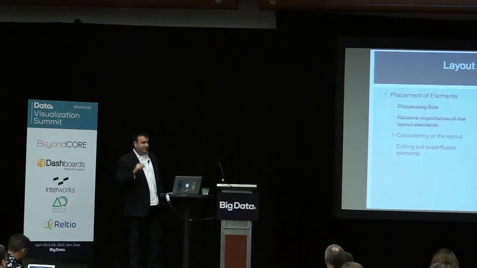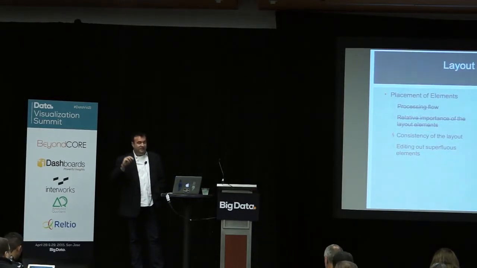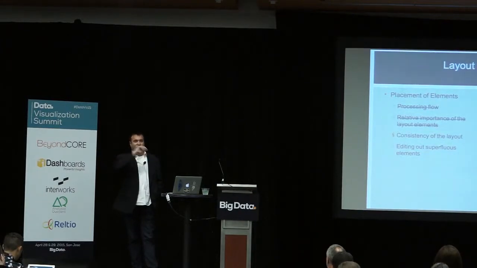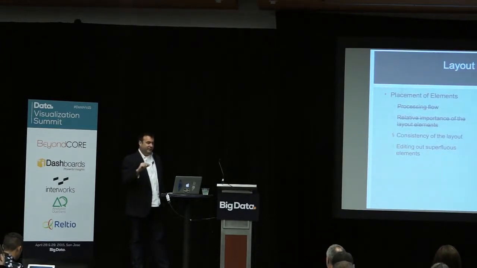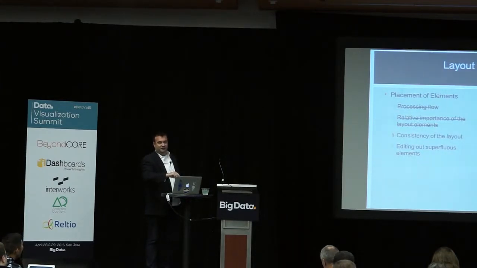So now let's look at the consistency of the layout. And here I'm using two different dashboards that are part of the overall dashboard. And there are some navigation elements available in between to say, go to this one, go to this detail view, that sort of thing. But if you notice here, there's a lot of inconsistency. On the first dashboard, the entry dashboard here,